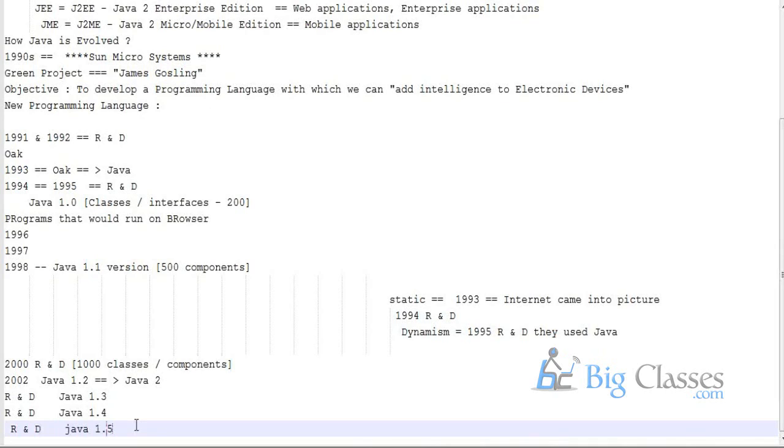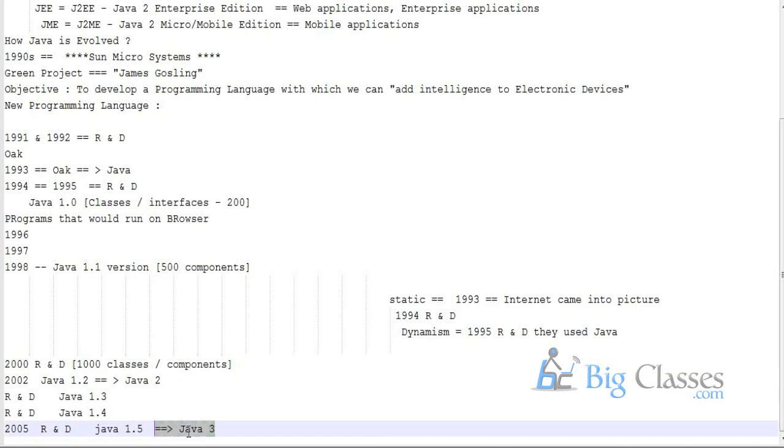Around 2005, we got the Java 1.5 version, and again the market demanded a name for this. Already there was the name Java 2, so the next number after 2 is Java 3 for this Java 1.5.